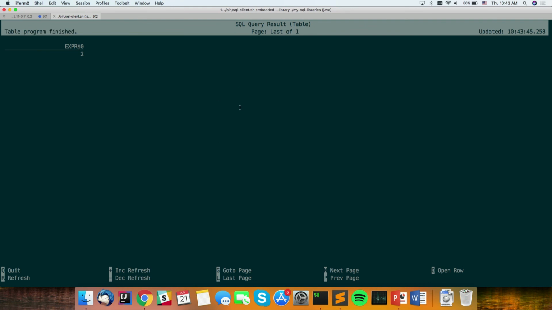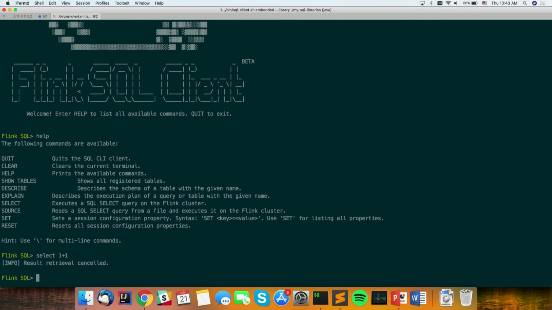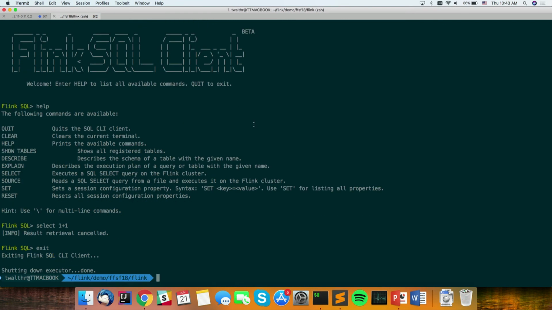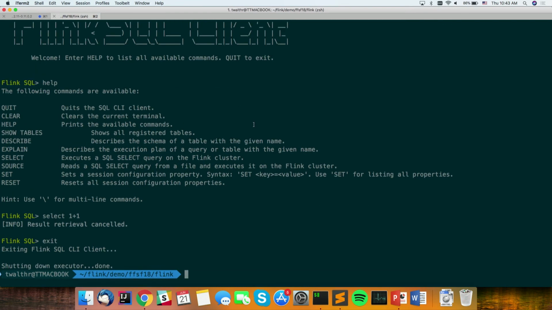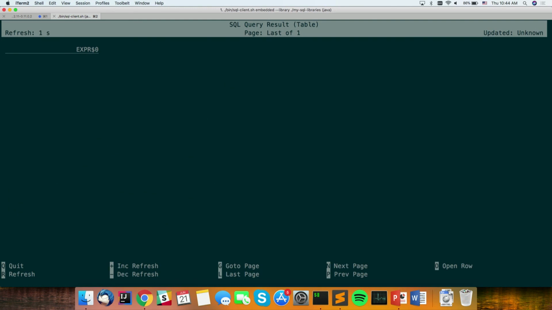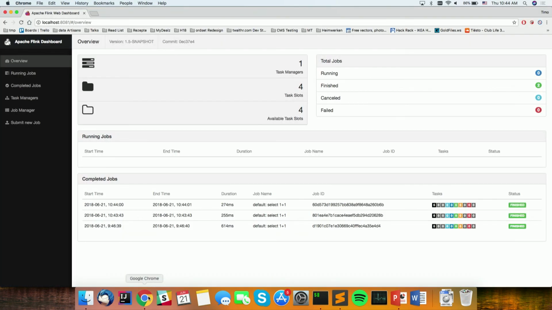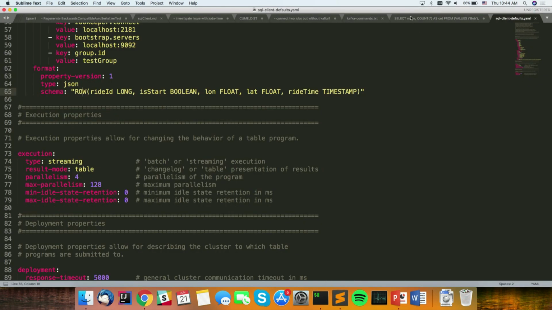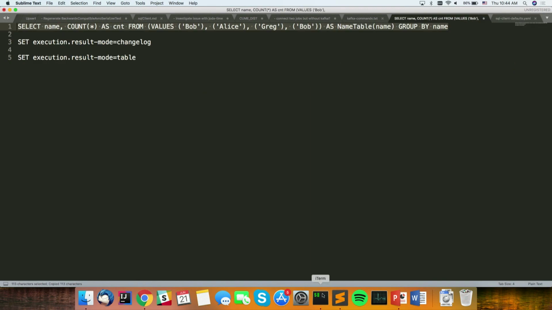In this case, as you can see, maybe I can make it a little bit bigger. Just a second. Yeah, as you can see, a stream processor can also count 1+1. In the background, we already submitted this job to the cluster, so it is already done. As you can see here, we submitted this job. You can also do a little bit more complex things, like